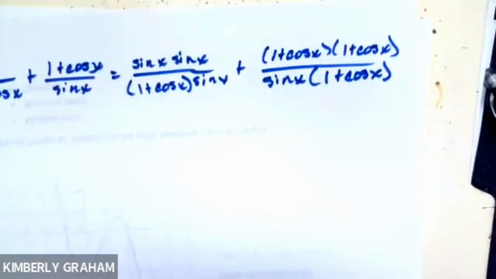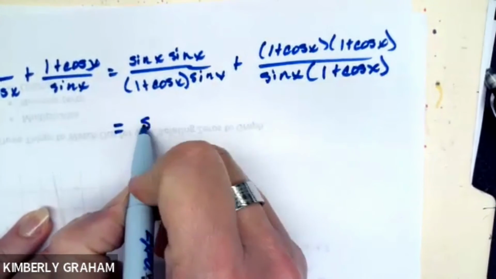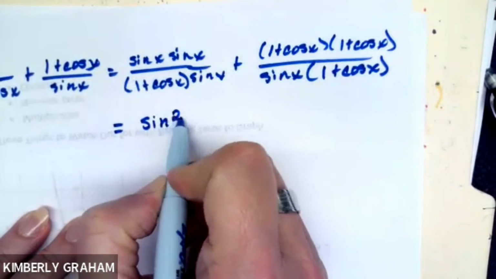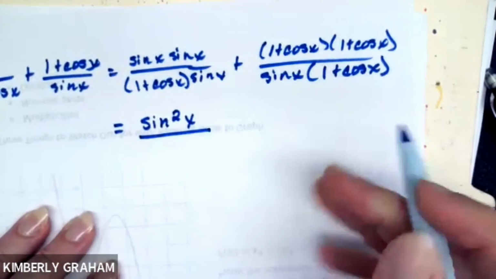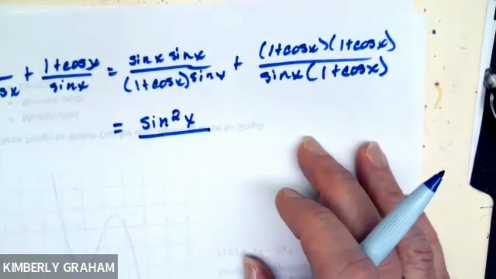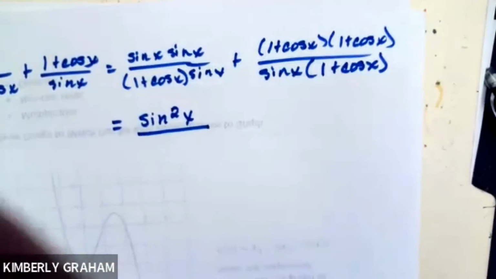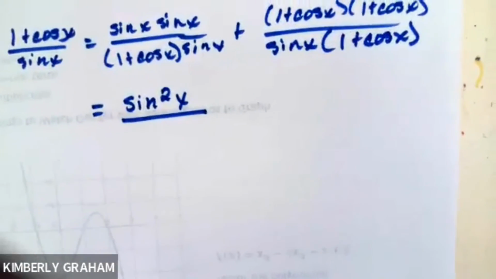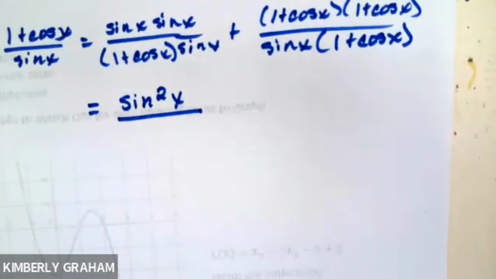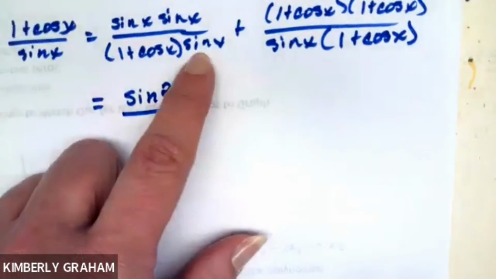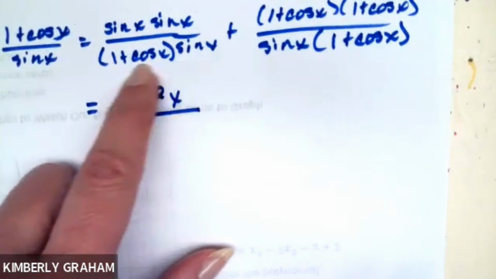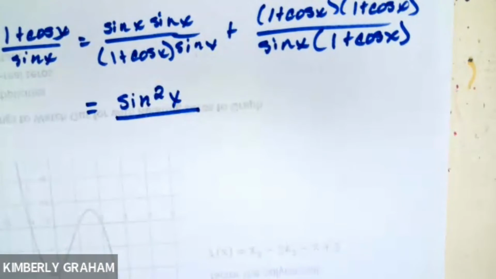This first fraction, I have sine squared x in the numerator. Now, the denominator, you've got a couple of options for the denominator. You can multiply this sine out, distribute, or you can just leave it like it is until later in the problem. It doesn't really matter which one you do, but